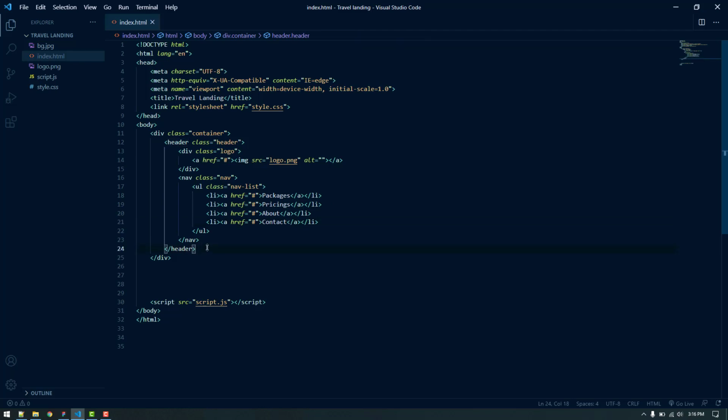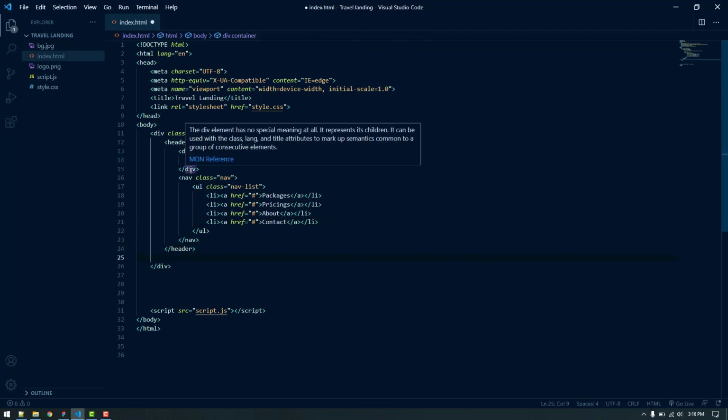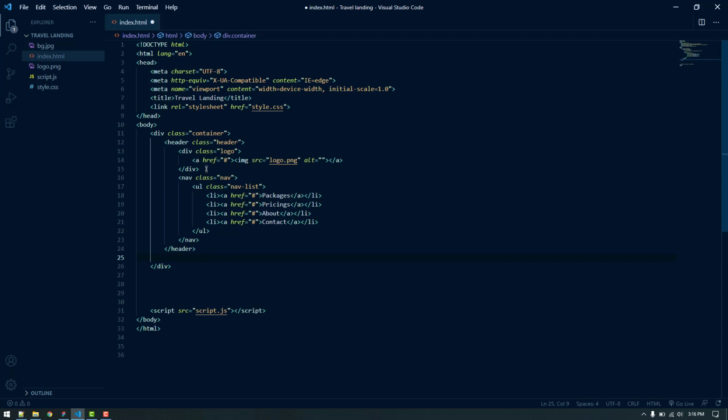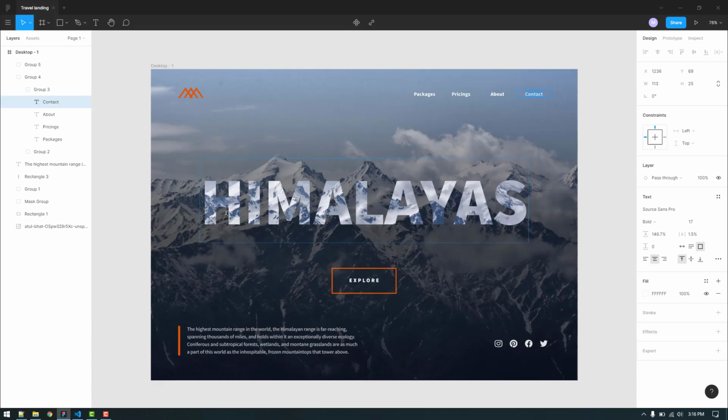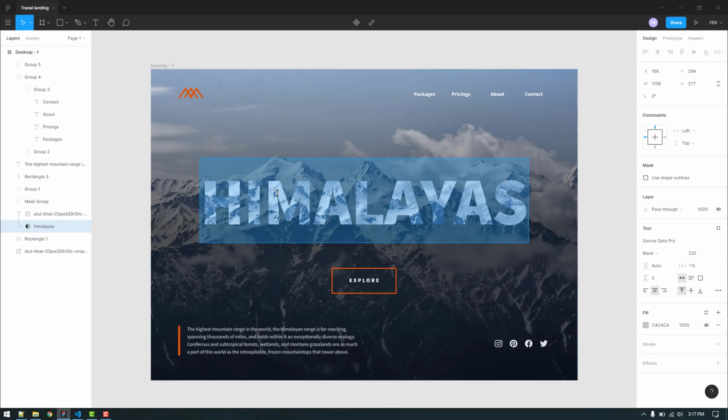The header section is done actually, but in the future we are going to add some buttons to make it responsive. Now let's move on to this one. We can copy the text, we can actually do that.